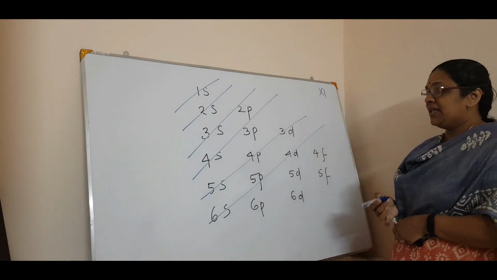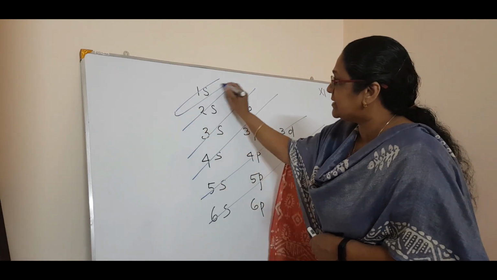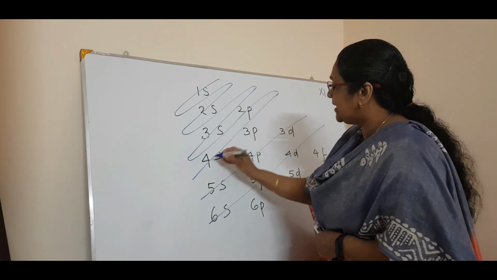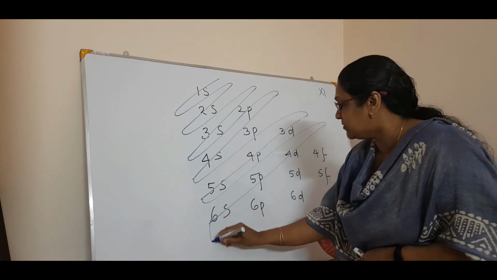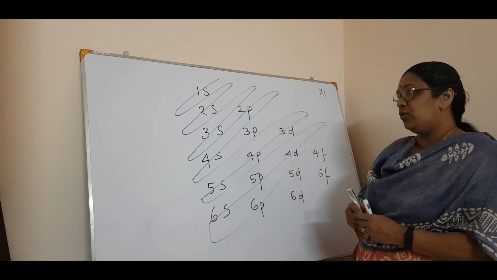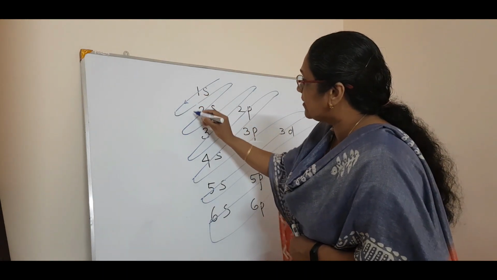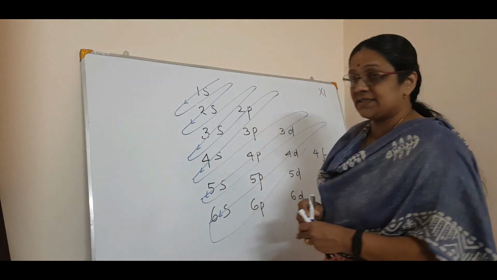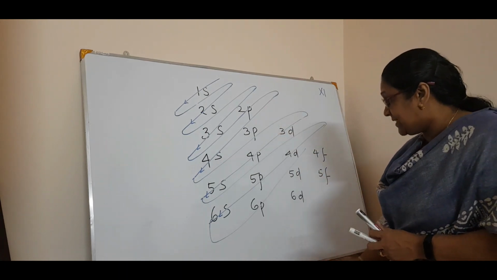Then you should connect this like this. See, 1s, 2s, then 2s, 2p, then 3s, 3p, and so on. So this is how you will know the increasing order of atomic orbitals. So we will now write accordingly: 1s, 2s, 3s, 4s, 5s and 6s. Now we will write accordingly how it goes on.